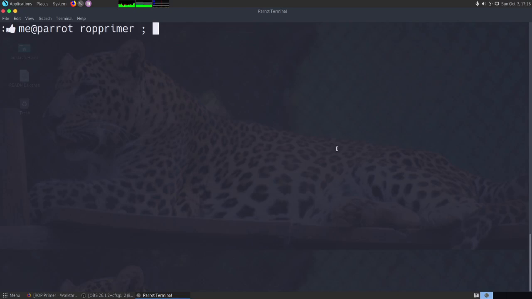So the way we are going to do it is I have already copied the level 0 binary from the ROP Primer on Vulnhub. This binary is basically a simple buffer overflow practice binary and has the NX bit enabled. What NX bit enabled means is that you are not able to execute anything on the stack, and as soon as you try to jump to the stack and execute something from there, you will immediately get a seg fault. With that said, let's jump in.